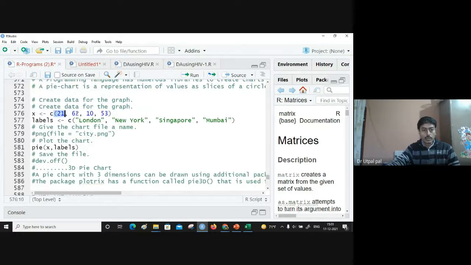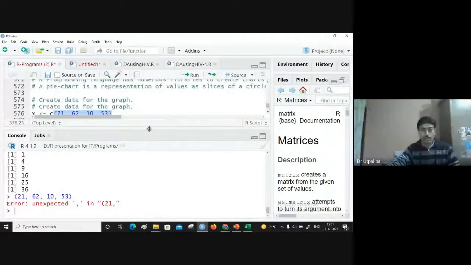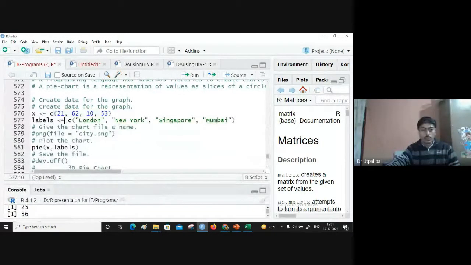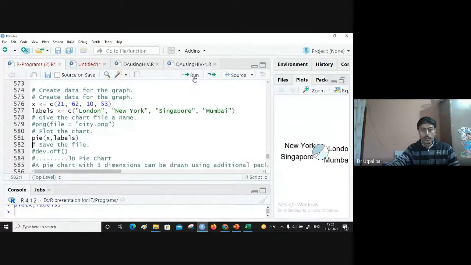Suppose we have a set of values. We run it, check whether it is working or not. Okay, it is working. So here I am creating a pie chart using a set of values. This is the vector of values for which I am creating the pie chart.